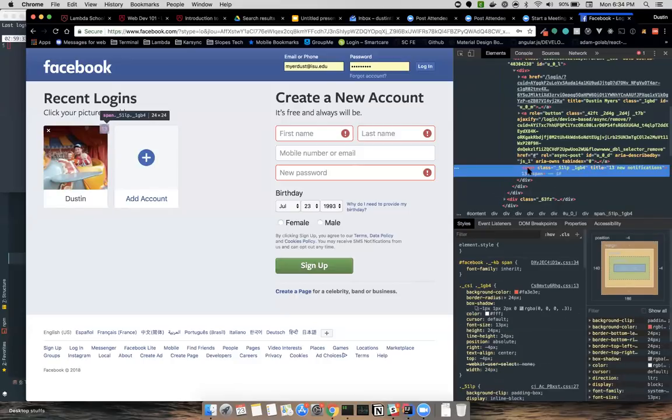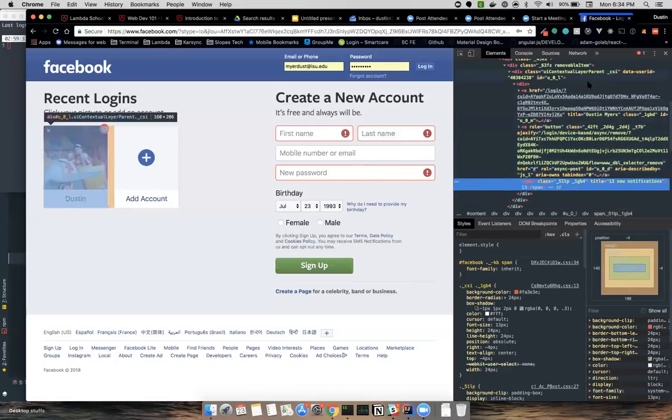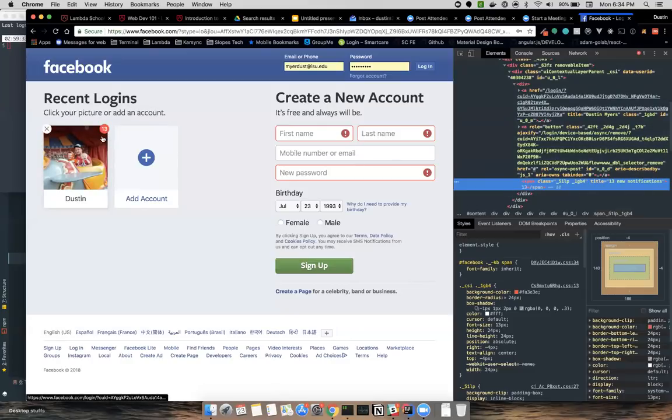So this is called a span element, and this piece of code is what defines that this badge is here. Now, the HTML, this code that we're looking at, isn't actually giving this badge its red color or its round shape, or telling the text inside it to be white.